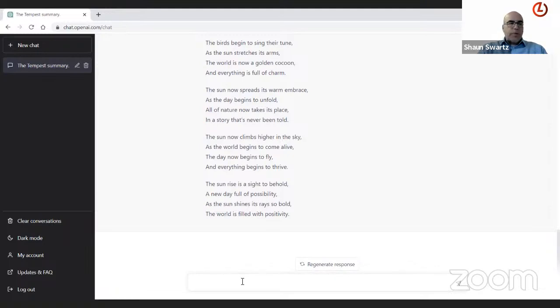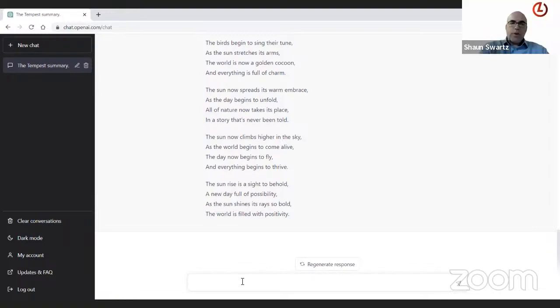Kirsty, from a science perspective, have you used ChatGPT at all? So I've tried it out a bit, but mostly for the junior grades where there's a bit more content. And I've also tried asking it to create a worksheet on scientific notation, see what it came up with there. And with the grade 8 natural sciences, I've asked it to create a worksheet on ecology just to see what it came up with there.